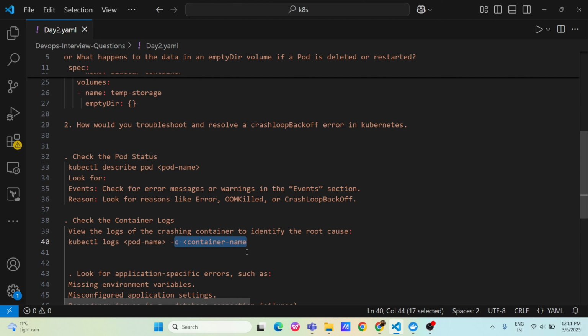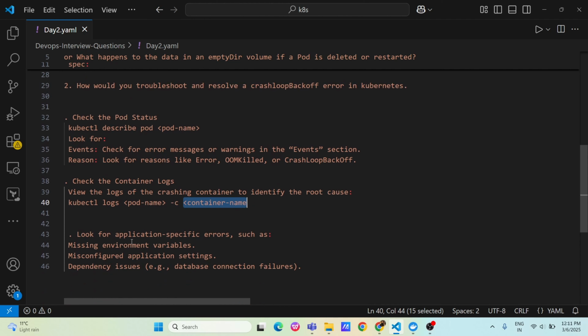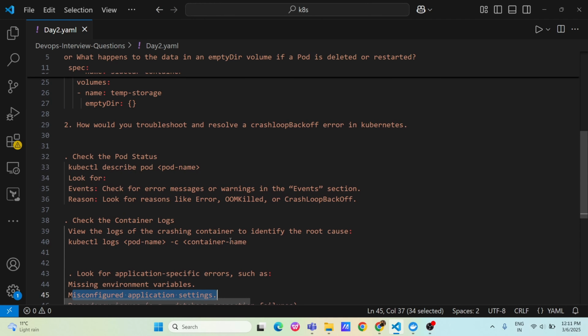Basically, in a pod, you can have multiple containers. One might be the main container, one can be the init container, or one can be the sidecar container. So you have to specify the container name over here and see in the log where exactly it is failing. And if it is an application-specific error in these particular commands, then check for missing environment variables, or check the application settings, or check for dependency issues like database connection failures or something else. Those kinds of high-level steps you can perform if you are getting a CrashLoopBackOff error in